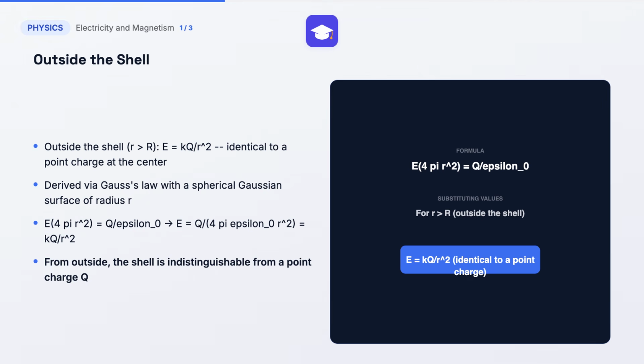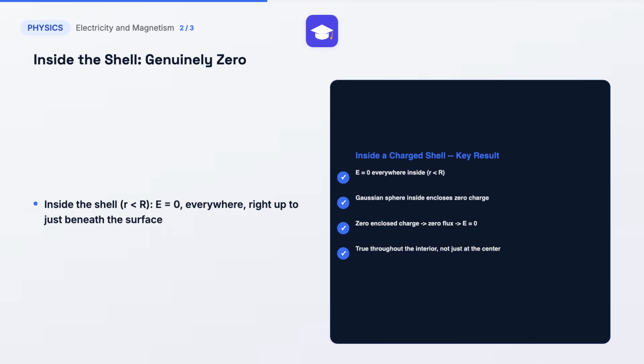Which rearranges immediately to the familiar point charge formula. This means that from outside, a uniformly charged shell is indistinguishable from a point charge carrying the same total charge. For a point inside the shell at distance r from the center, with r less than R, the field